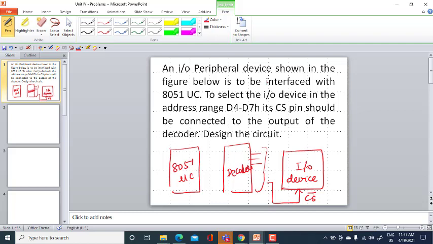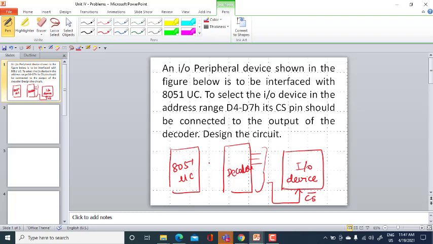So the input output device will have an address, just like our home address. For example, if you are sending a letter to your friend, you send it through a postal address. Similarly, the 8051 can have many peripherals: an input output device, a memory, or a timer.